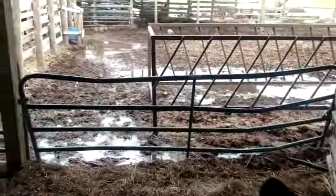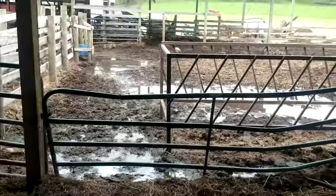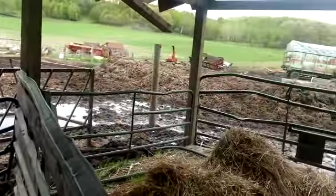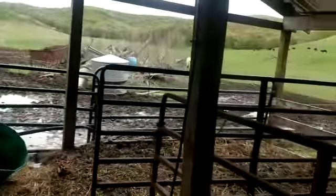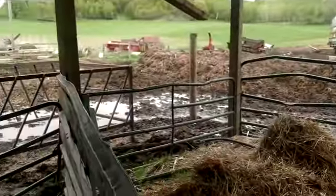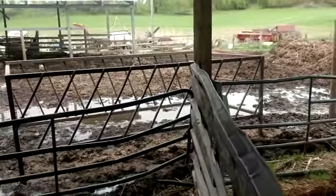Maybe try and plant some corn today and then run downtown and get some lumber so I can get 2x6s to put up on these walls and start hanging steel. Get them closed off, and then start building some pens in here. Now, obviously after we clean it out, but